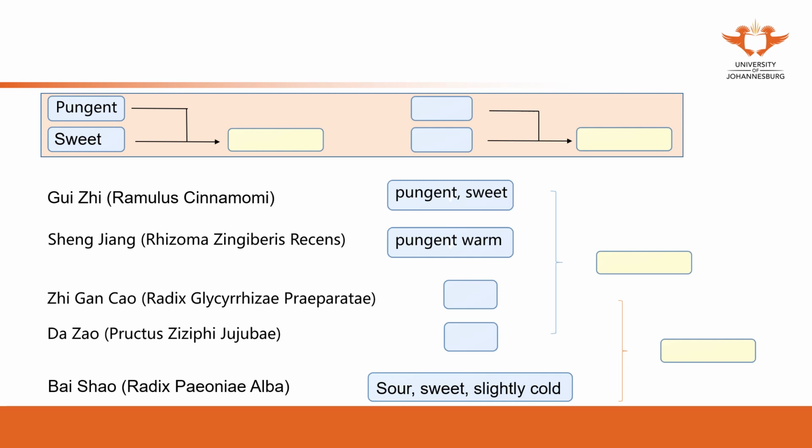So now when you put all these ingredients together, you will see although there are only 5 ingredients, they actually have a good efficacy because each ingredient has a very strict function. 桂枝 pungent and sweet, 生姜 pungent warm, 炙甘草 is honey-fried,